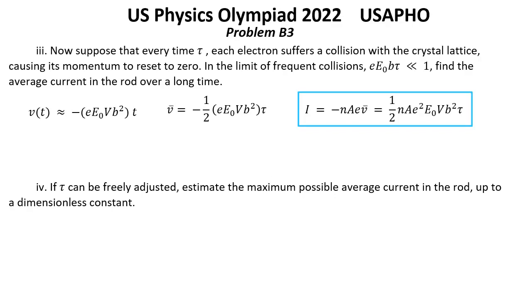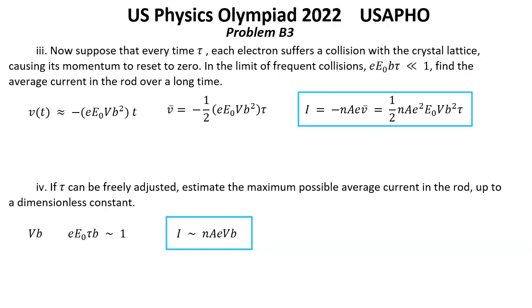As we showed in part B2, therefore the highest possible current occurs when the electrons have time to accelerate to a substantial fraction of the maximum possible speed Vb, but collide before their effective mass goes negative. This occurs when e E0 tau b is of order 1, and that gives an average current of order